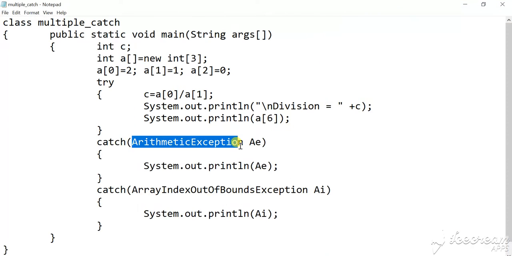Now here we have to specifically specify what exception we are handling. Here we are handling arithmetic exception, meaning divide by 0 and any other exception regarding it, and here we are accepting the index exceptions.